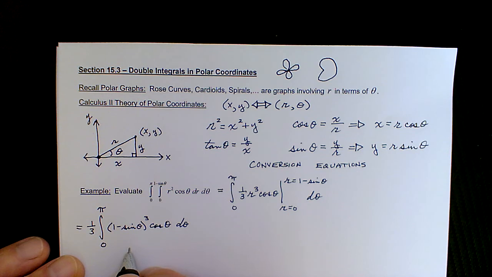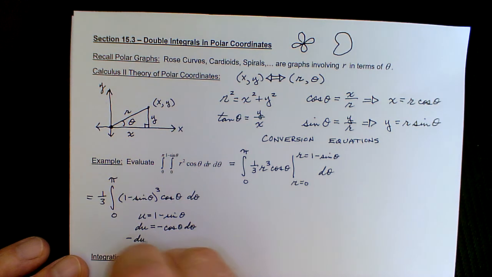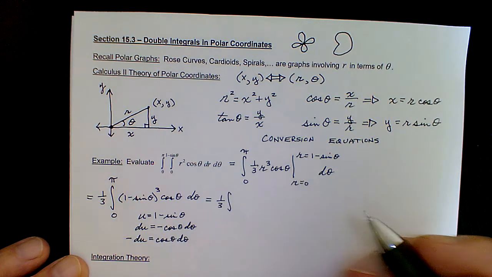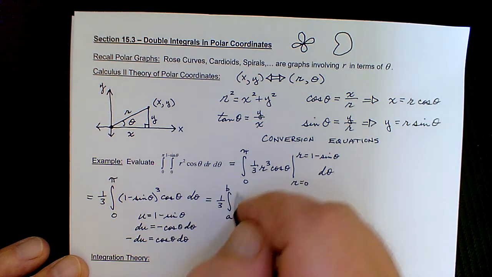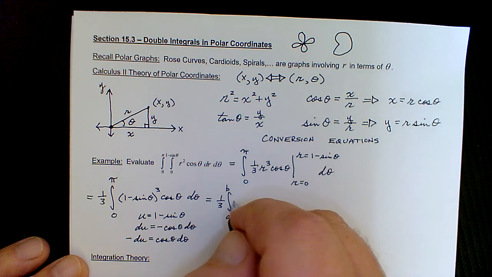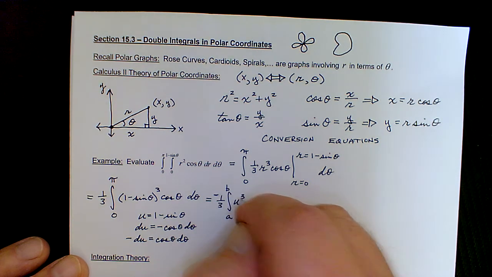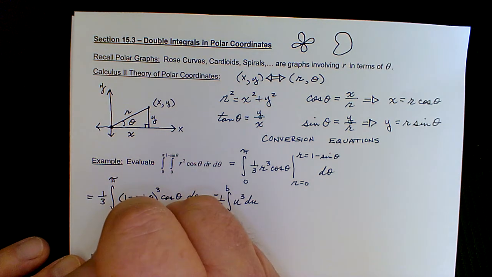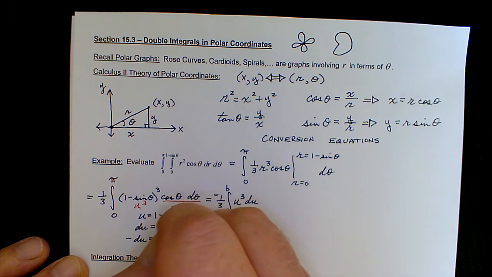Okay, well this is actually going to require a u substitution, where we're going to choose u to be 1 minus sine of theta. Our du would be minus cosine theta d theta, and that means a negative du would be cosine theta d theta, and so that would give us 1/3 integral, I guess I'm going to say a to b, because it's not really right to say 0 to pi, of u cubed, well, negative u cubed, with respect to u, because of the fact that this was our u cubed, and then the cosine theta d theta